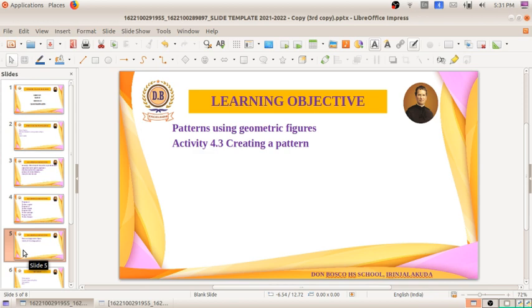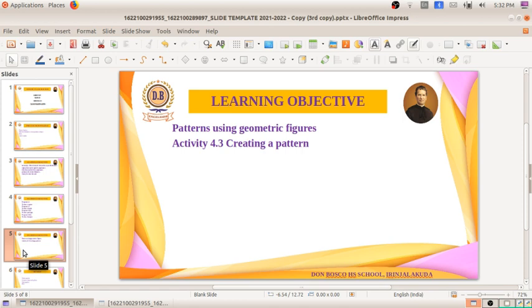And the next one is patterns using geometrical figures. We can create patterns using geometrical figures. If we want to create a pattern using a rectangle, that is also possible. By using the triangle also, we can create this pattern. Okay, so here I am going to create a pattern. In the textbook page number 49, you can see the picture of a pattern, Python Turtle graphics. Okay, you can see that window.